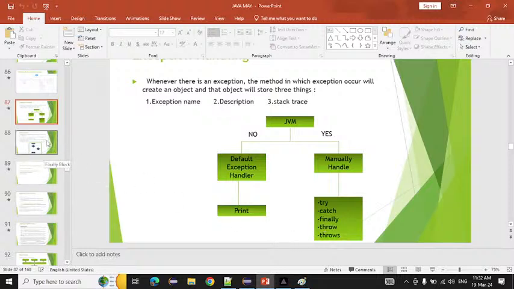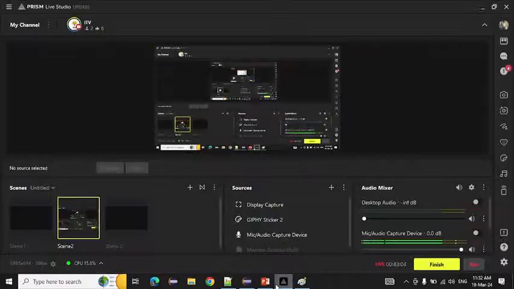So does anyone have any doubt till here? Is that the exception handling? Anyone have any doubt? Yes or no? No doubt. Okay, so that's it for today, and exception handling is also over here. Now today's assignment is that